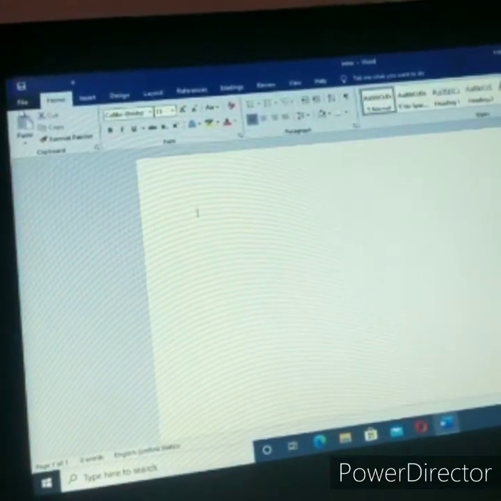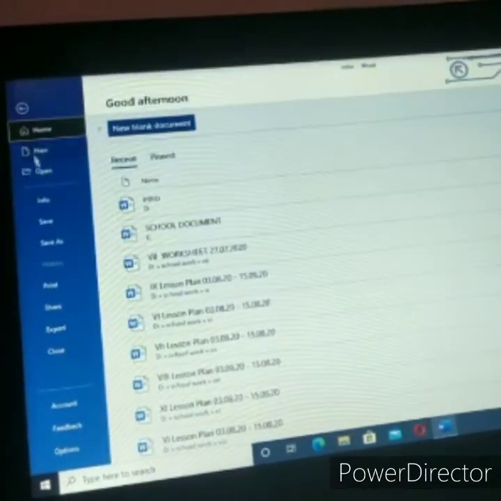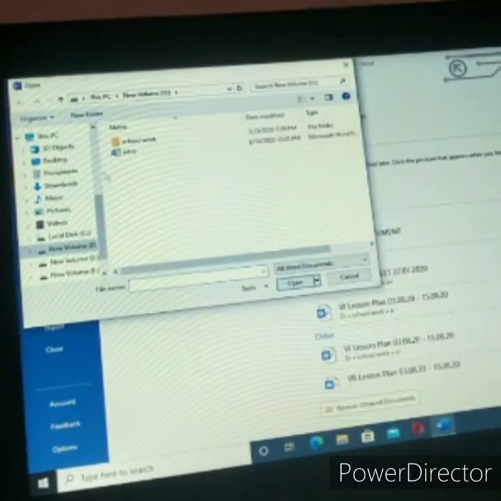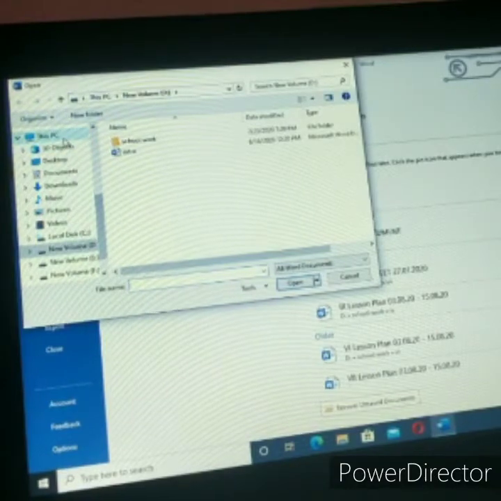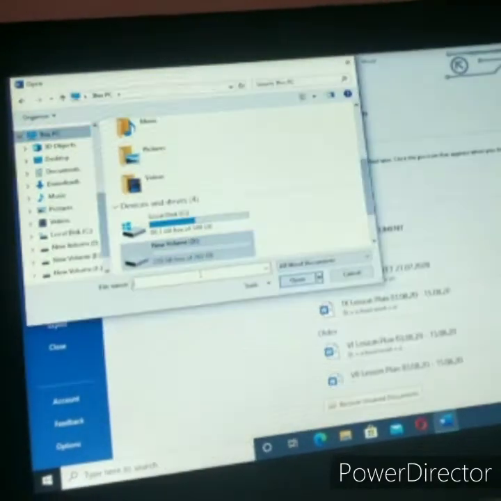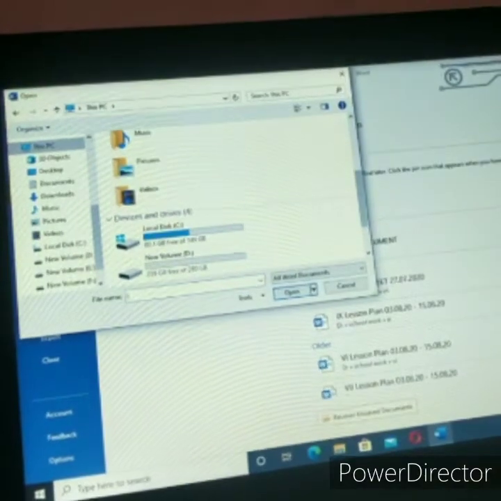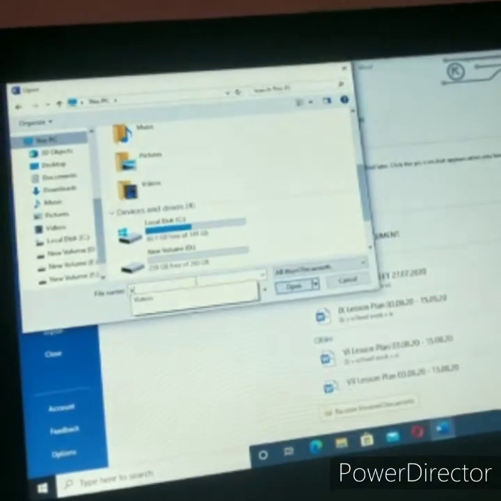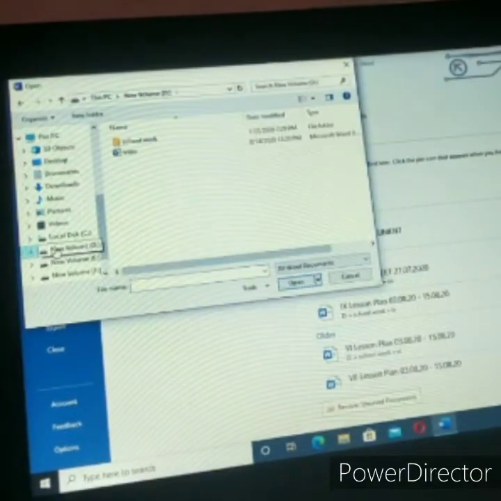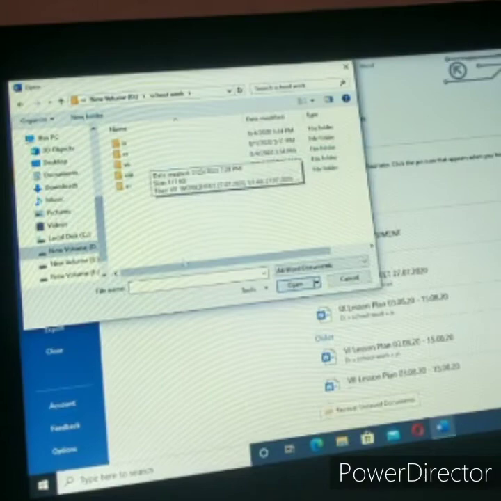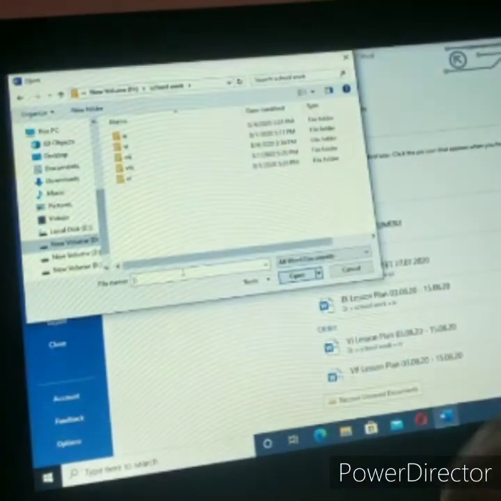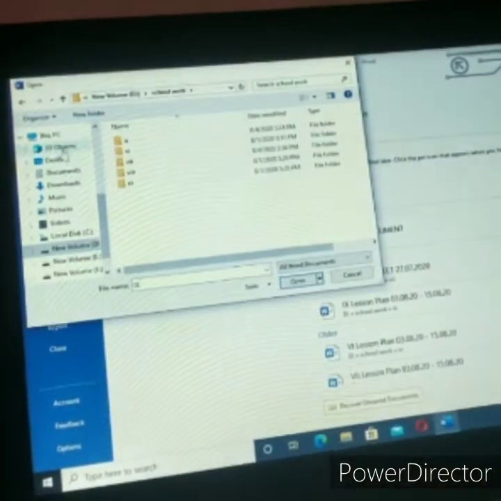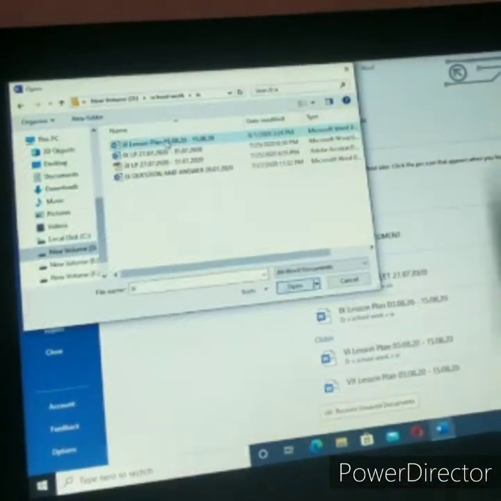If you want to open your existing file, go to the File menu, click Open, click the Browse button, and then click the folder where I have saved all my files, the 9th folder.